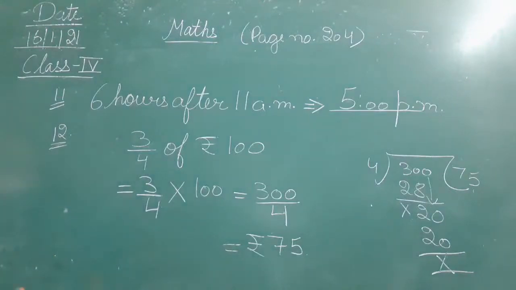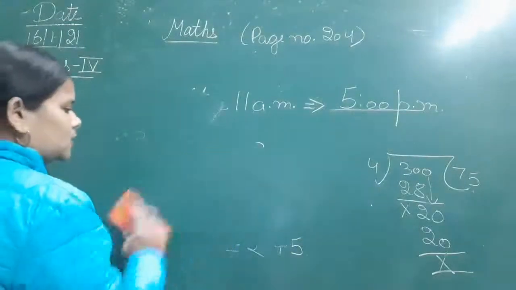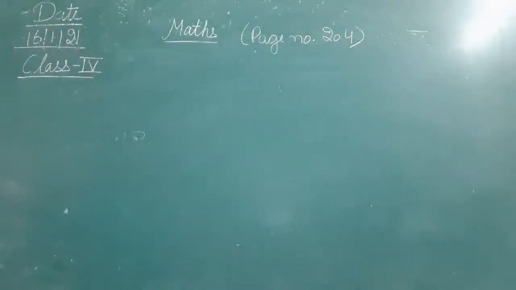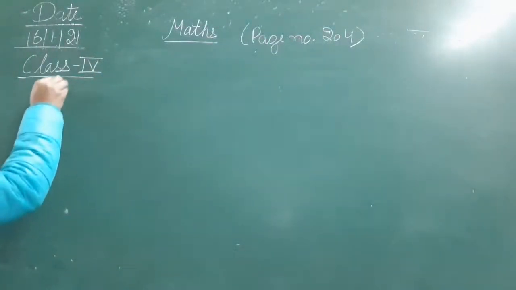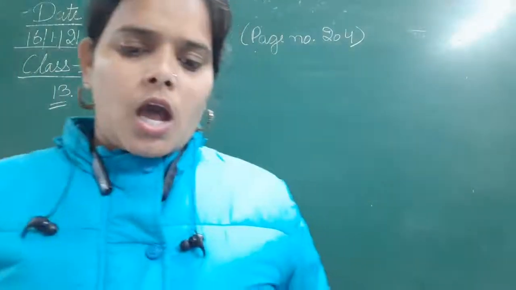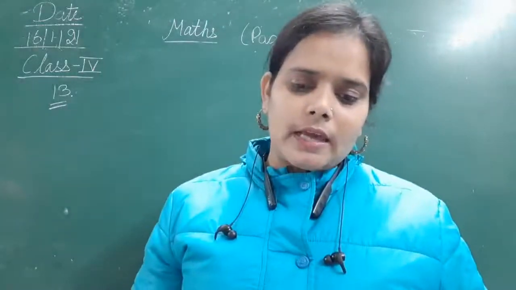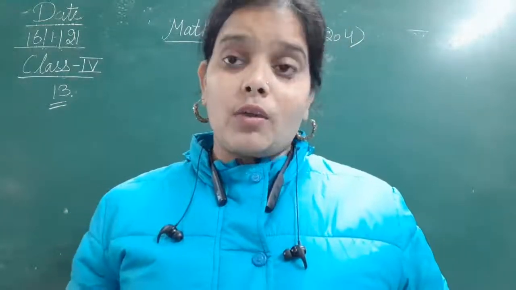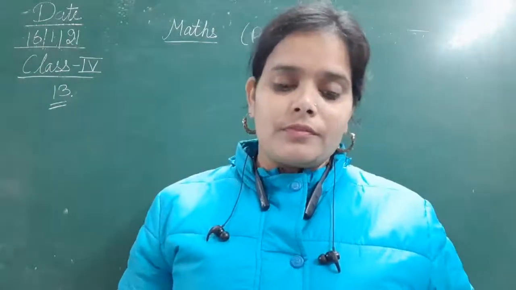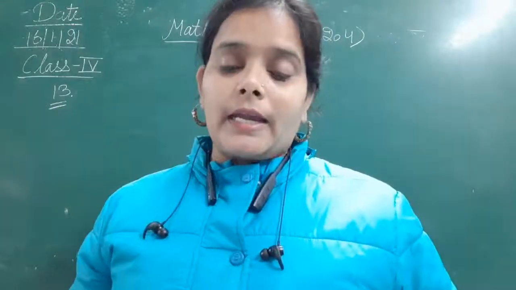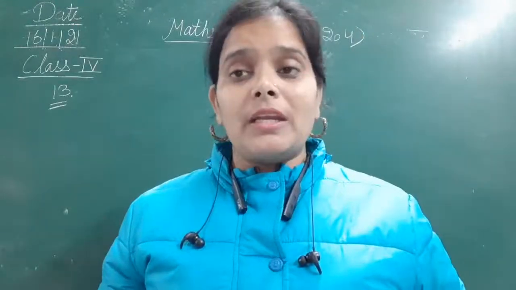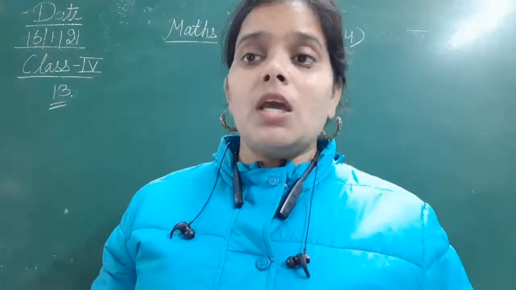Chaliye. Moving next to question number 13. I am moving to question number 13 now. So question number 13 is, how many 250 ml containers can be filled from a container having 1 liter 500 milliliter diesel? ओके तो देखिए 1 लीटर 500 मिलीलीटर डीजल है आपके पास, एंड आपको उसको 250 ml के अलग अलग कंटेनर्स में भरना है. नाउ आपको बताना है दैट हाउ मेनी कंटेनर्स ऑफ 250 ml विल बी फिल्ड.